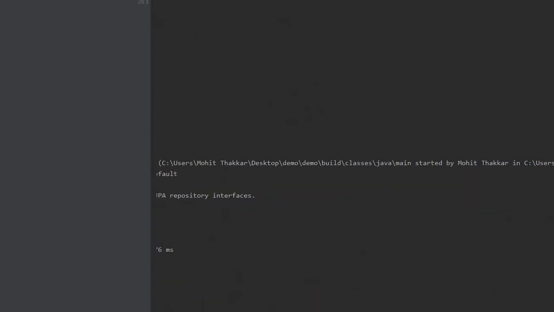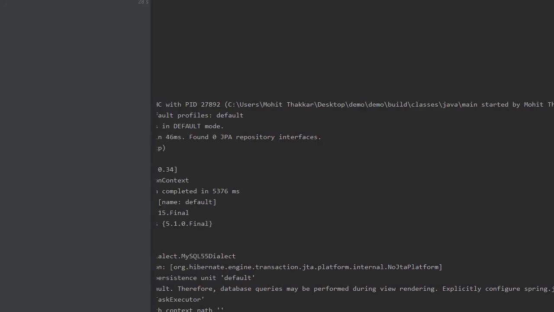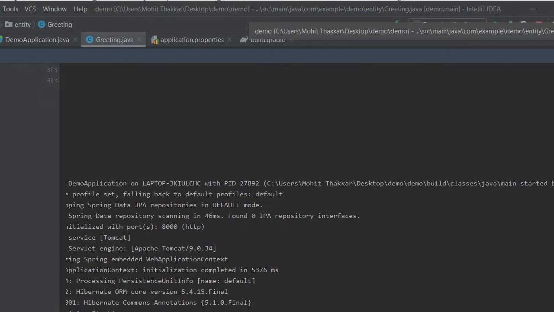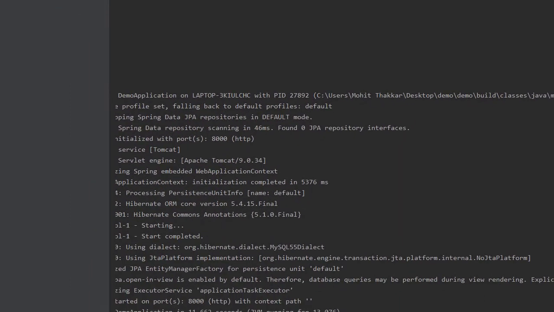As you can see, my local server is ready on port 8000.